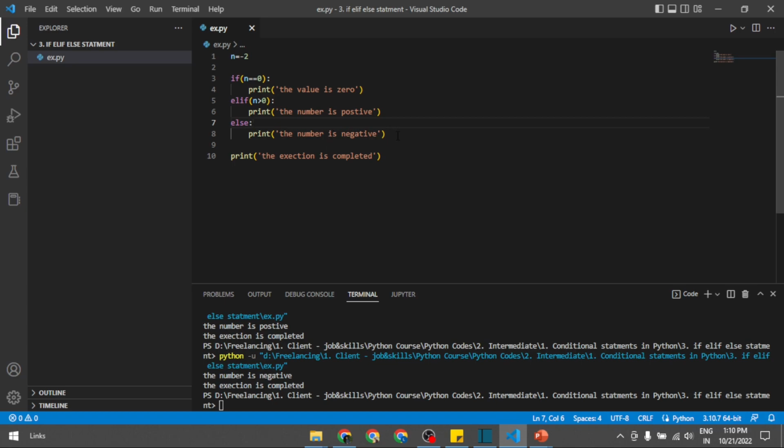And at the last, it will move to the else and print the number is negative. And finally, the program has completed. It will print the normal statement which I have given here, the execution is completed. If I set n is equal to 0 and run this, it will check the first condition, if n is equal to 0. Yes, 0 equals 0, so it will print the value is 0. The test case has been achieved here itself. It will come out of the if block and print the final normal statement,